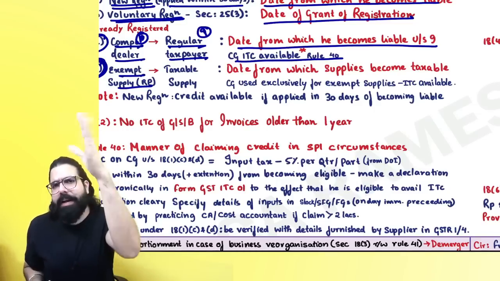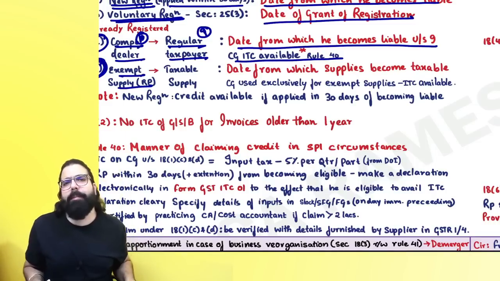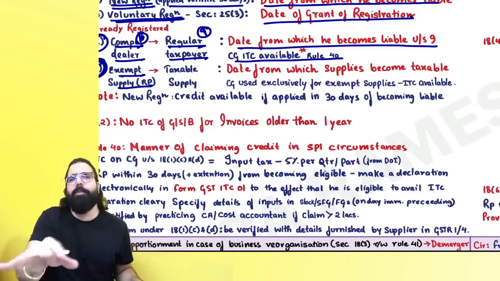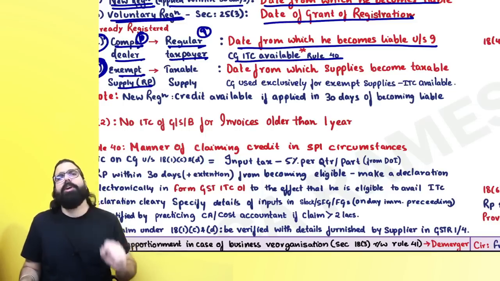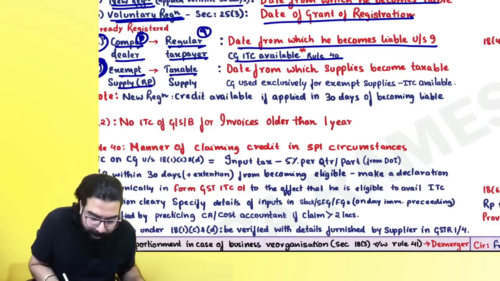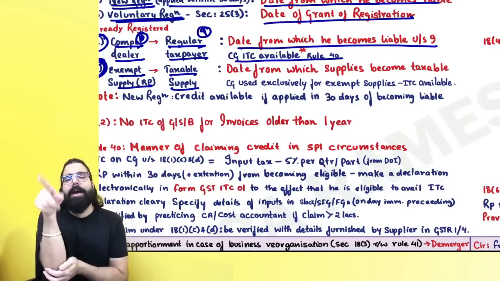Registered person, you are making taxable supply also and exempt supply also. For taxable supply, you are already a registered person, but you are making exempt supplies also. And for the exempt supply, whatever inputs and capital goods were bought, you did not take the ITC. But now that exempt supply has become taxable supply, then from the day that supplies have become taxable,